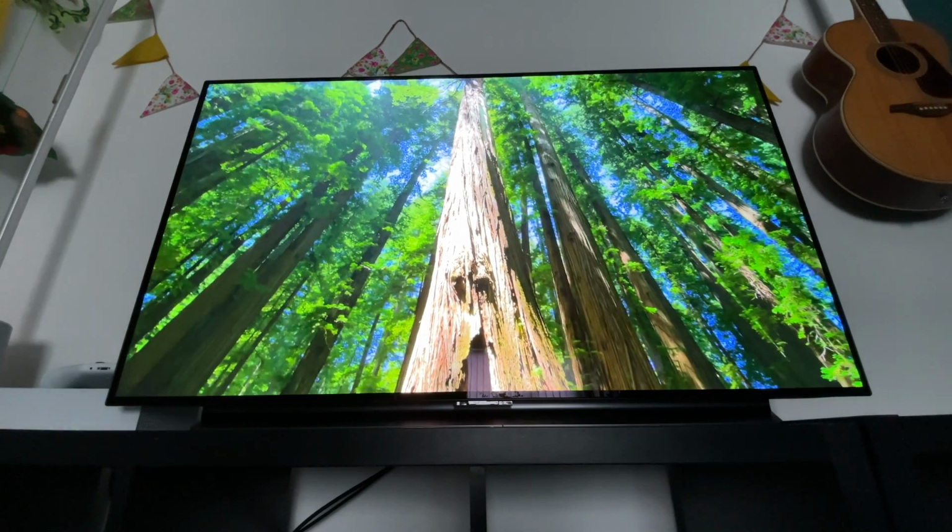So this is the LG C2, and well, you could say I didn't turn it into a hands-free Alexa device, but there is the functionality to set this up, and it works okay, so I'm going to show you how to do it. Firstly, it is worth being aware that the LG C2 now has its own hands-free voice assistant,